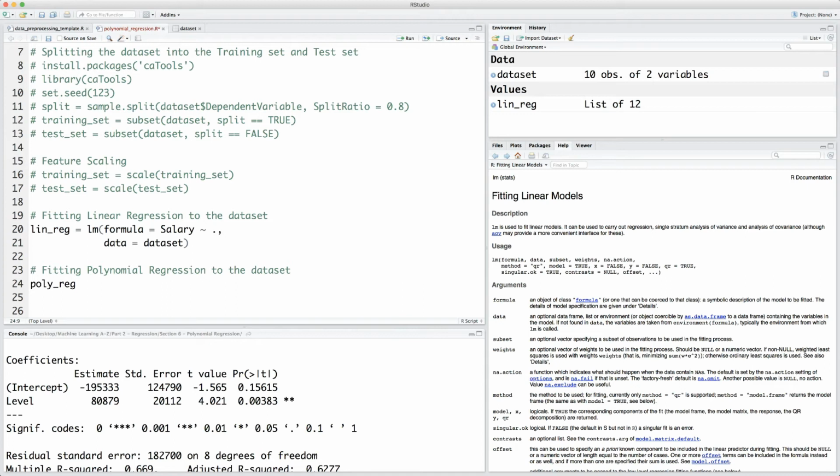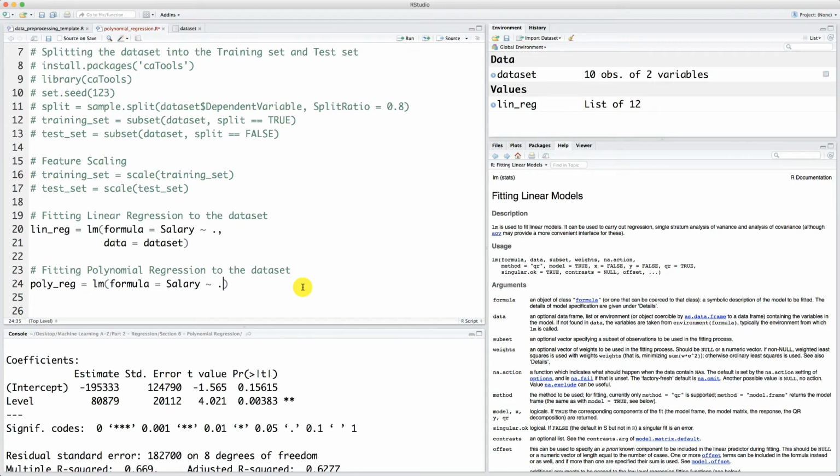All right, this way. And you know, since the polynomial regression model is actually a multiple linear regression model in which the independent variables are actually the polynomial features of one independent variable, as Carol explained in the intuition tutorial, well, we're going to use again the lm function as we did for linear regression. So here I'm just going to start by taking my lm function, add the parentheses, and we're going to input our two arguments, formula equals salary tilde Alt N, and then this dot here. But don't worry, it will actually represent something else. So far I'm just putting the dot, and you'll understand what's going to happen next,